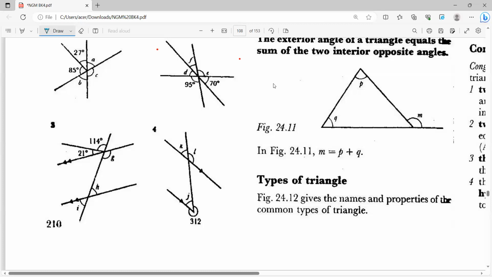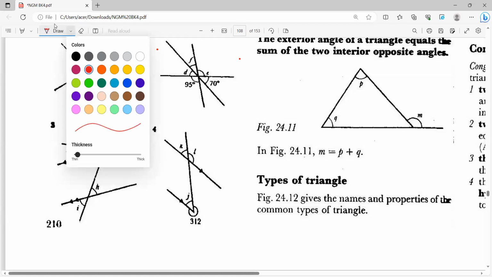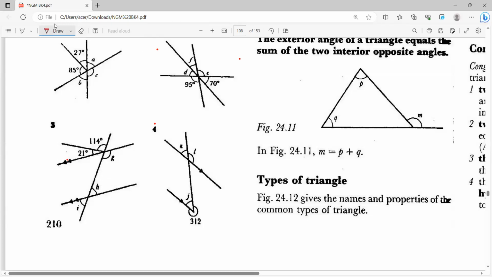Now we're at number 3, right? The first thing you're going to notice here on number 3 is that we have parallel lines. How do I know that we have parallel lines? We have these tiny arrows on the lines. So parallel lines are lines that never meet. Let me do it this way. Parallel lines are lines which never meet. And whenever we have parallel lines,